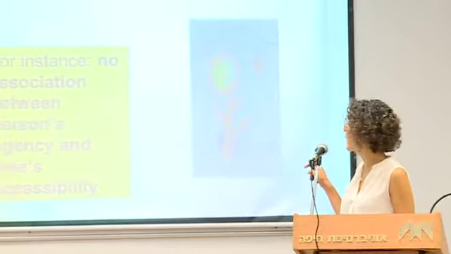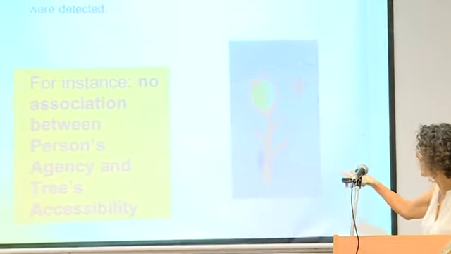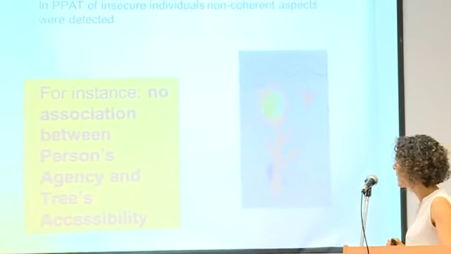Our finding coheres with findings in adult attachment research showing that secure individuals' narratives in the adult attachment interview are characterized by coherency, versus insecure narratives that are characterized by incoherency. And respectively, in PPATs of insecure individuals, non-coherent aspects were detected, as you can see here in this PPAT,